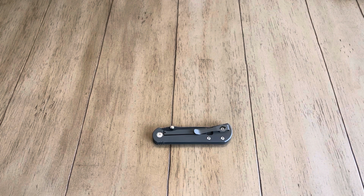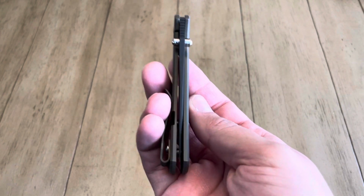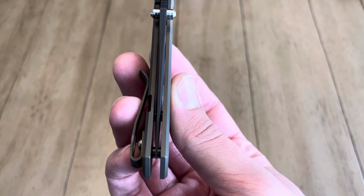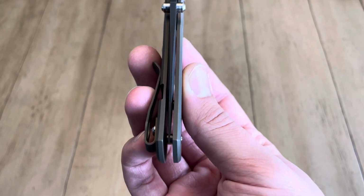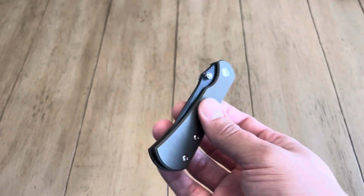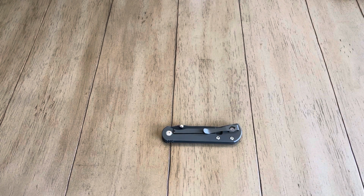And then the last thing I want to talk about with this, and I don't know if this is really a reflection point. I guess it would be because it's kind of related to customer service. So I recently joined the Toor Knives group and I posted about the centering of this knife being off. You can see here it still slightly favors the right side, but not too bad. It did favor the right side more when I originally bought it. And I posted in the group about that, and it was pretty cool because the founder of the company actually